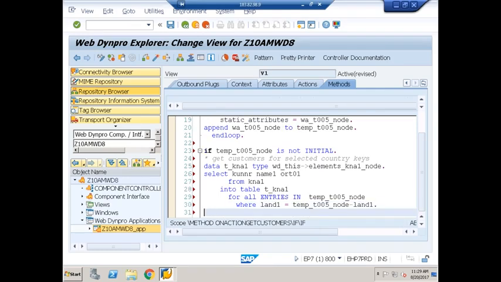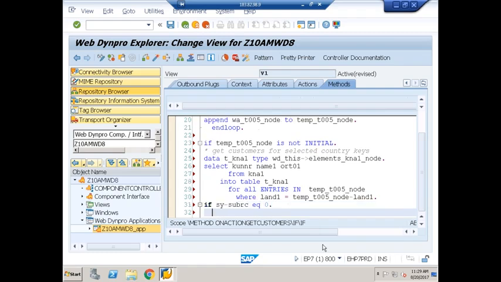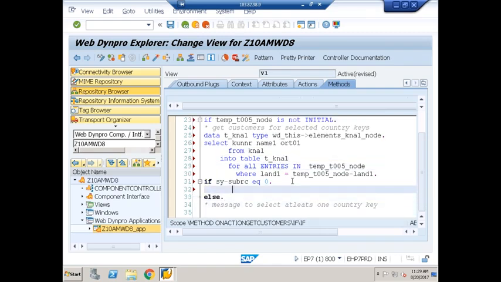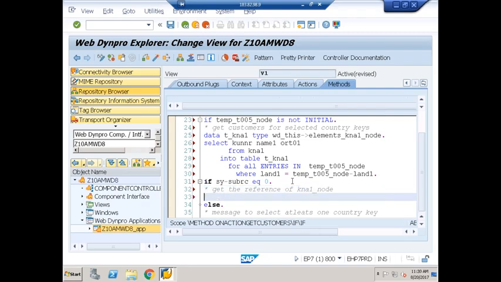Then if size of it is equal to 0. Where is the customer data now? T_KNA1. So what I have to do now? Before binding, I have to bind the data to a table. I have to get the reference now. Get the reference of the KNA1 node. So I'll say data context_KNA1_node type ref to